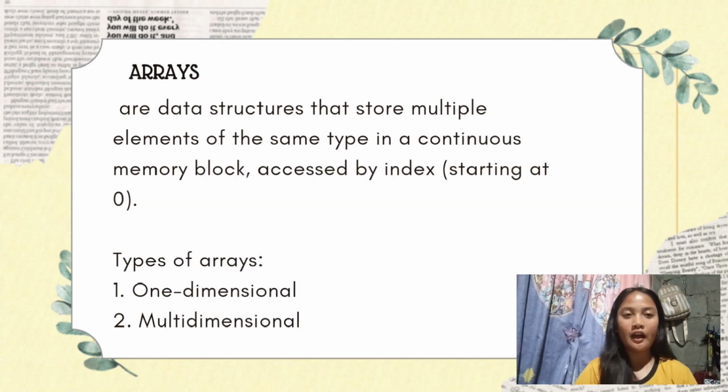Next is array. An array is a data structure that stores a collection of elements, all of the same type, in a contiguous block of memory. The elements are identified by an index or a key, with the first element usually starting at index 0 in